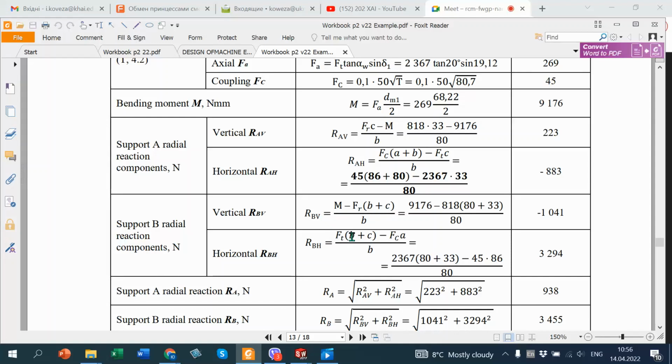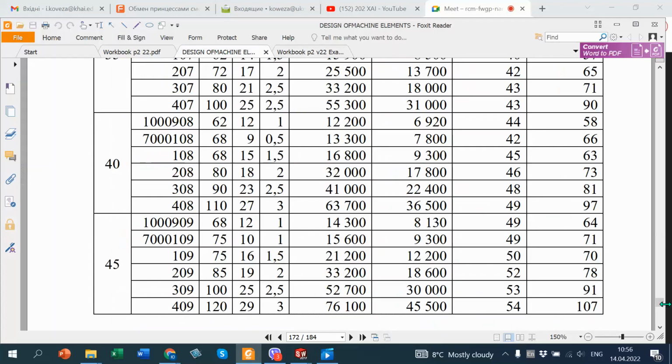B is in here and in denominator, but if we increase B, it's better. So to compare these variants,